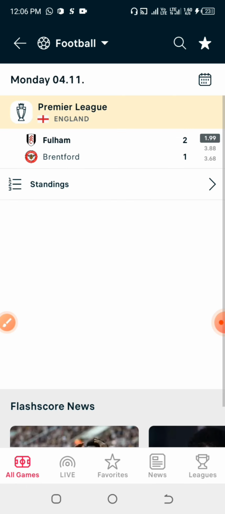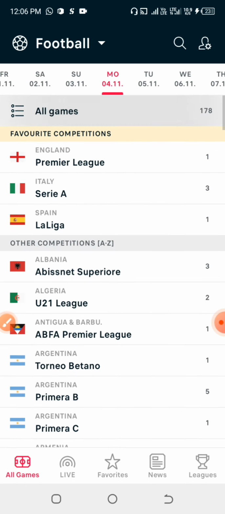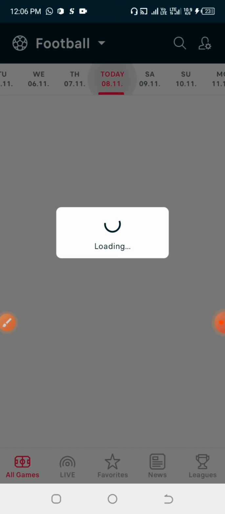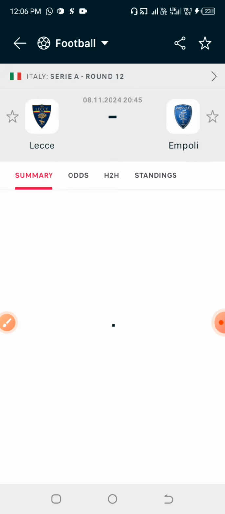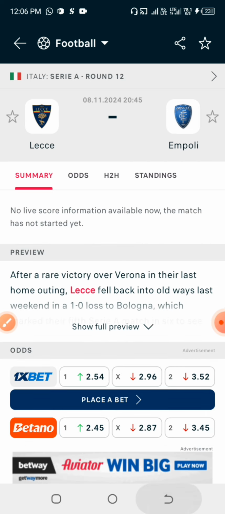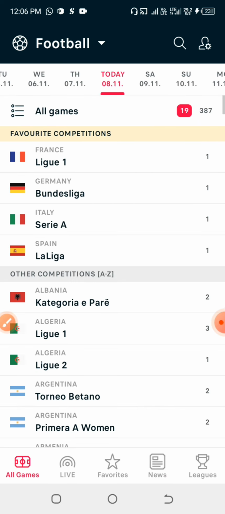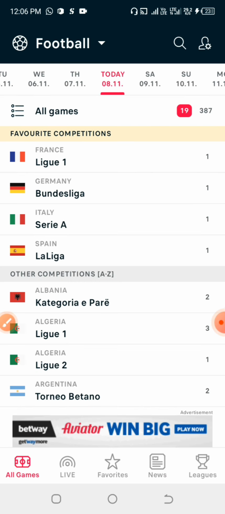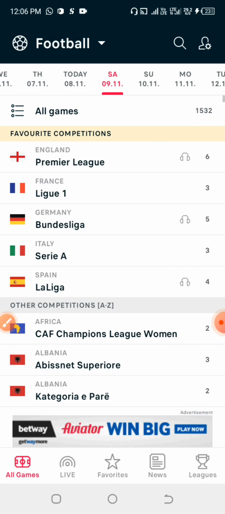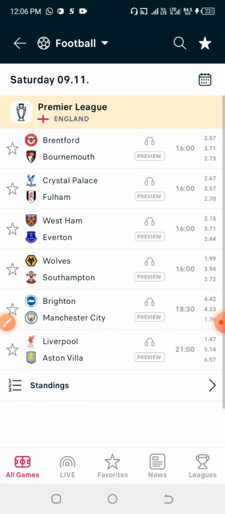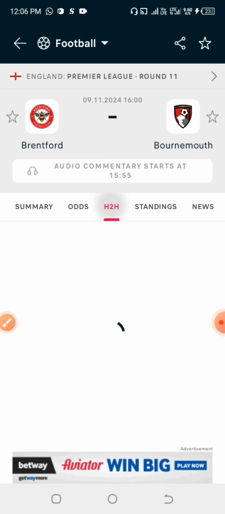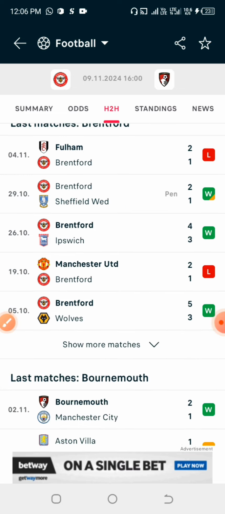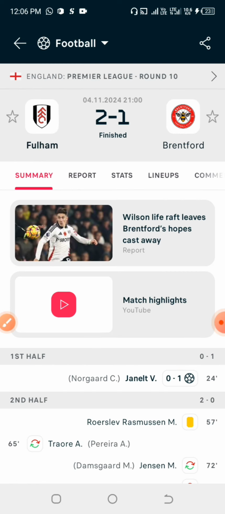So now, if you are to use this particular method on games that we are currently having, games that they haven't played yet, and probably we all know that this particular game they will not really play corners very well. Let us look into games that obviously we are expecting corners from. One of the teams that I know they play corners very well, Tottenham, they play corners very well. Okay, let's look into Brentford, Bournemouth. So after this, you guys will end up doing the rest by yourself.